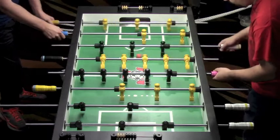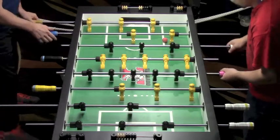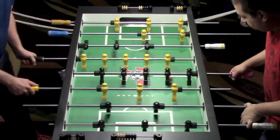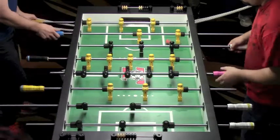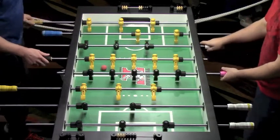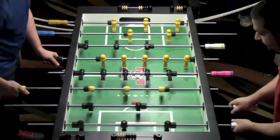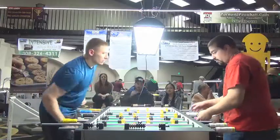Rawlings will get a fortunate possession here. Quick pull kick goes wide, and hustling rebound by Gatliff. Beautiful pass here to the 5 by Dustin. He's looking at the pull kick, decides not to pull the trigger. Will set up the snake shot and look to increase his lead here. Dustin Gatliff fires it home far side. It's 4-1. So Gatliff with a strong effort